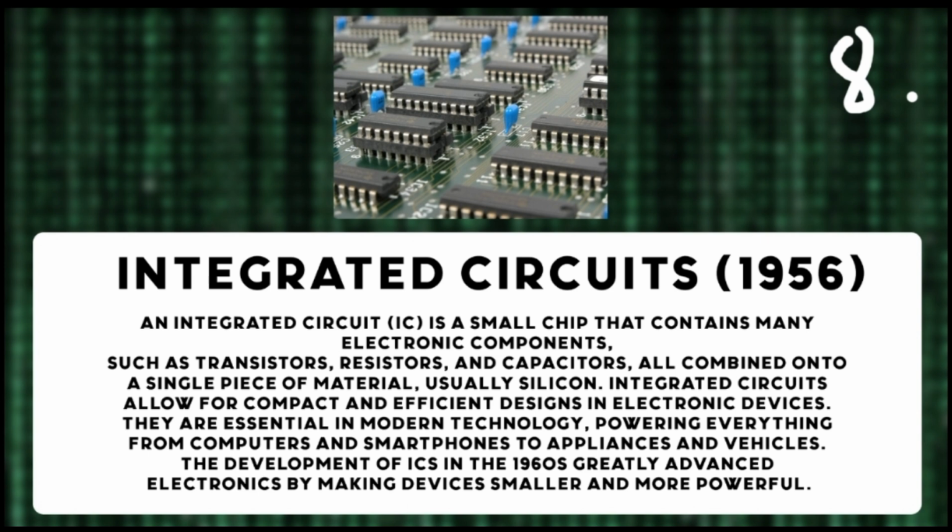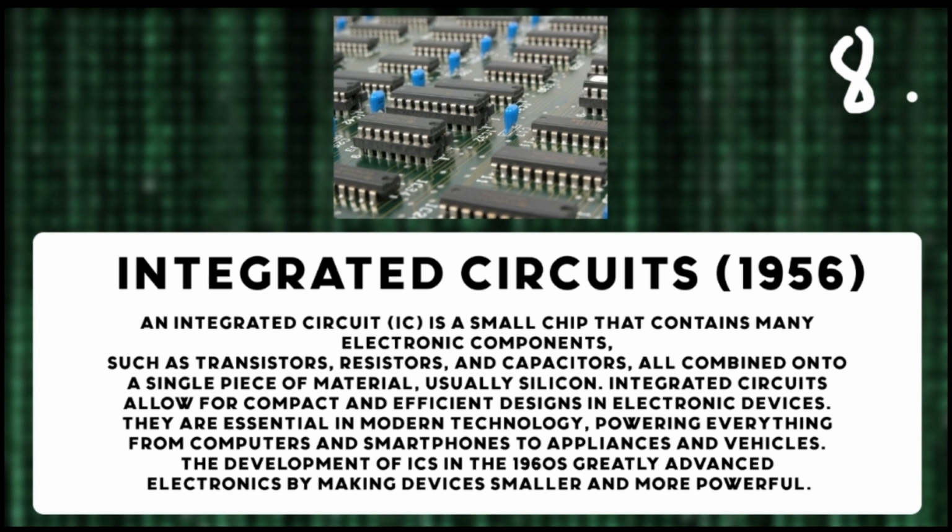Now we're going to discuss integrated circuits. When did integrated circuits come into being? They came into being in 1956. An integrated circuit, also short for IC, abbreviations must be learned carefully, must be focused on carefully. Anyways, an IC is a small chip that contains many electronic components such as transistors, resistors, and capacitors, all combined onto